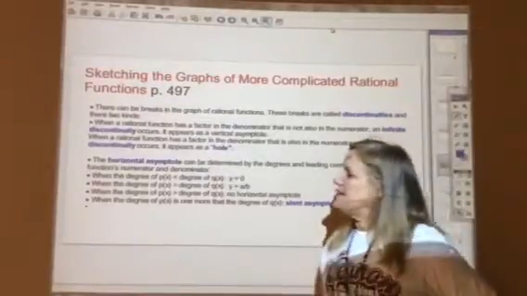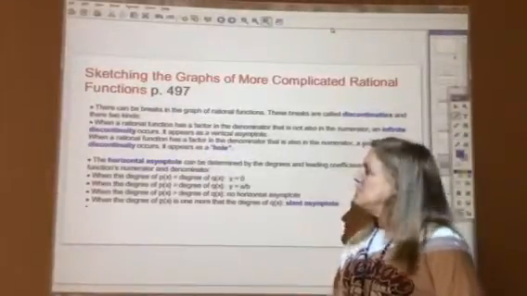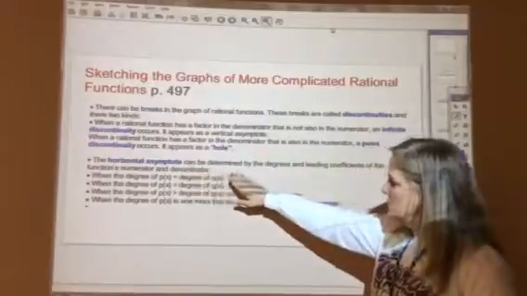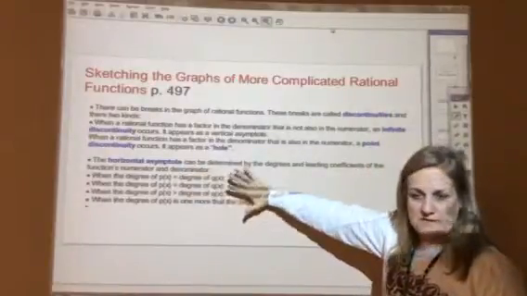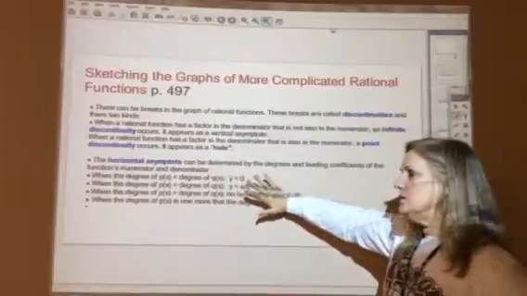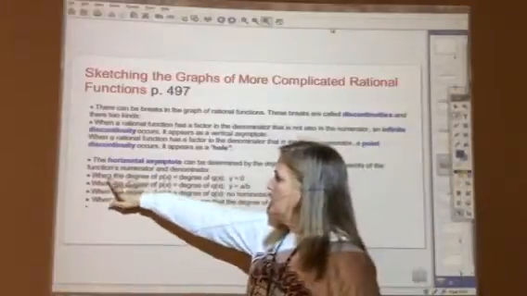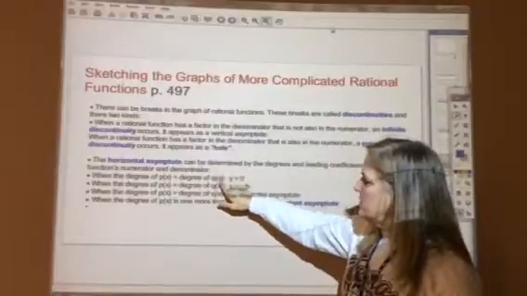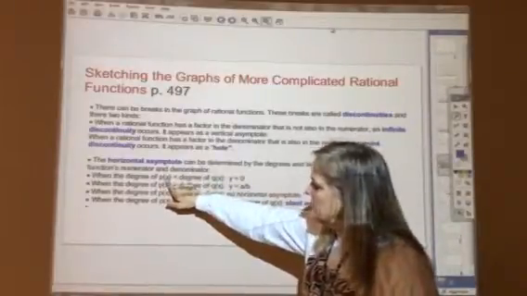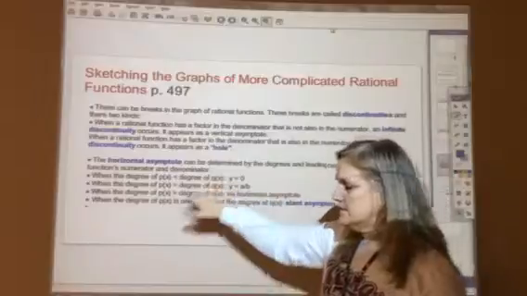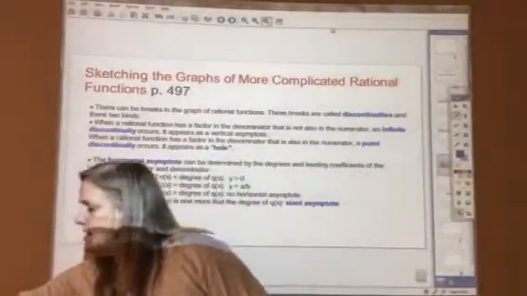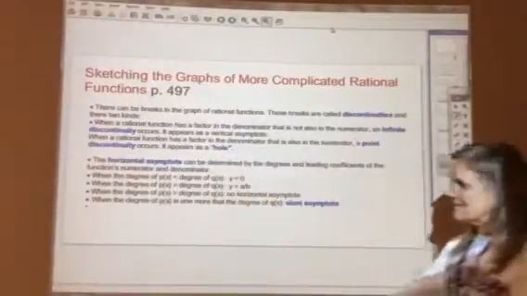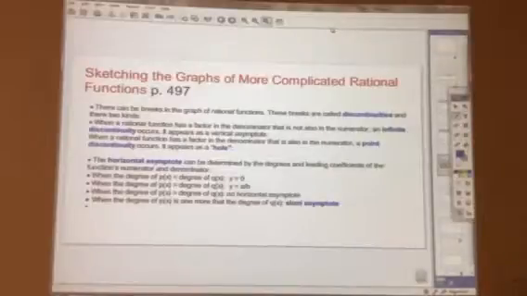All right, on page 497, to find the horizontal asymptote, you're going to go by these rules. You might want to write these down in your Cornell notes. When the degree of P of x is less than the degree of Q of x. Now, P of x is the numerator, Q of x is the denominator. So when the degree of the numerator is less than the degree of the denominator, then your horizontal asymptote is